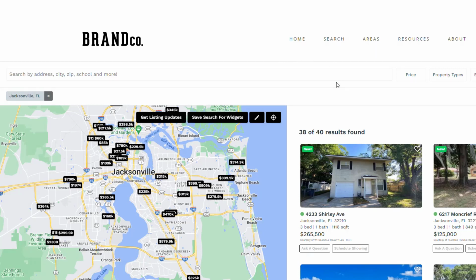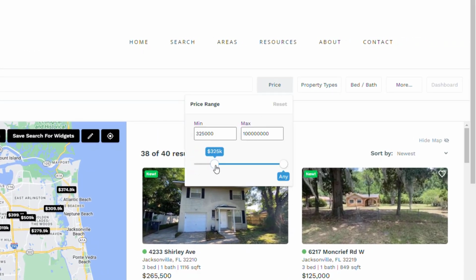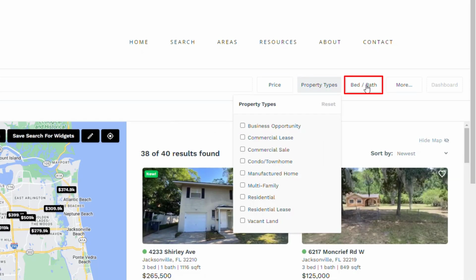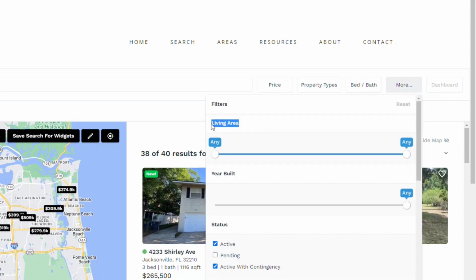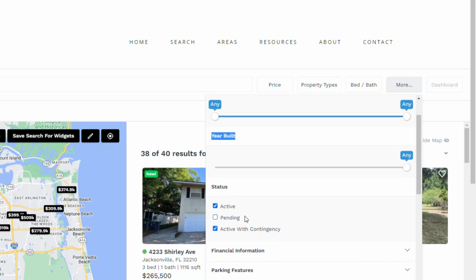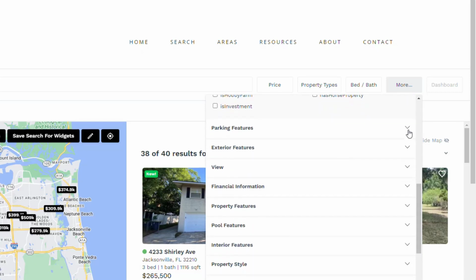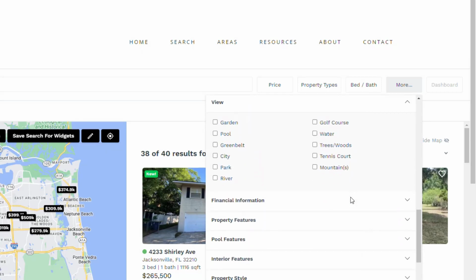And you can narrow down your search results by using the filters, such as price, property types, bed and bath, more filters such as living area, year built, status, financial information, parking features, exterior features, view,